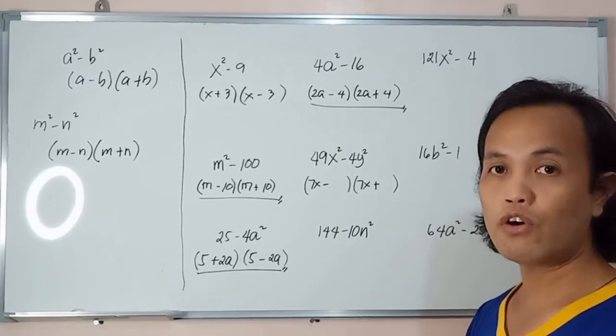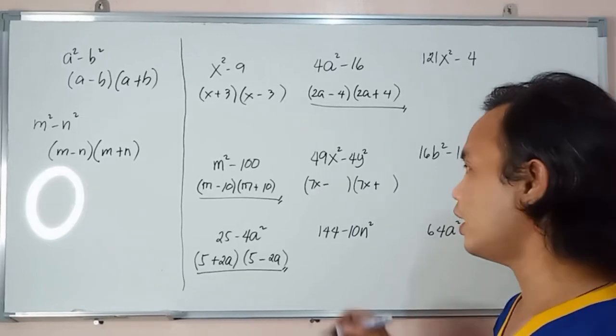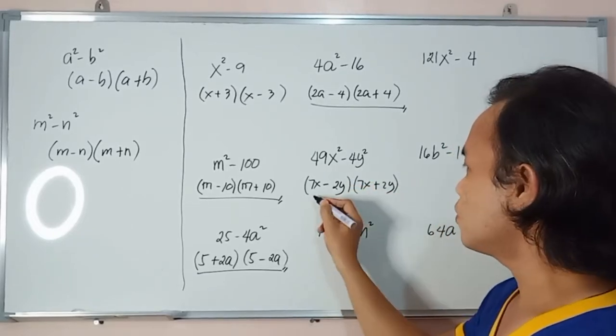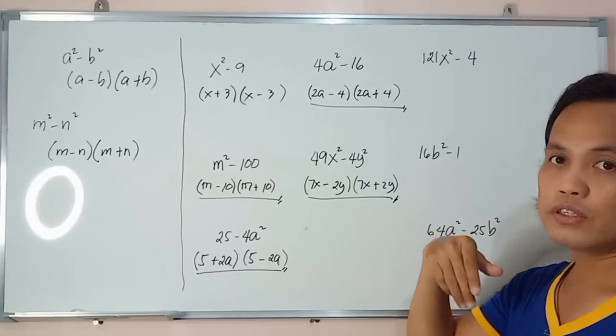So the square root of 4y squared shall be 2y. So we write 2y and 2y. So these are now the factors. So next example,